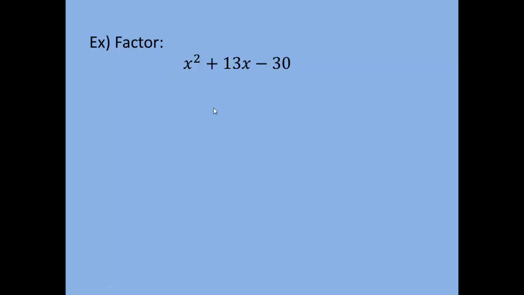Since there is no GCF here, and we have three terms, and our coefficient here is 1, meaning there is no number in front of x squared, that tells us that we're allowed to factor with our two sets of parentheses right away, and an x in front of each of them. We want to find the numbers that go in the blanks here by using the method that we just described. We want numbers that multiply